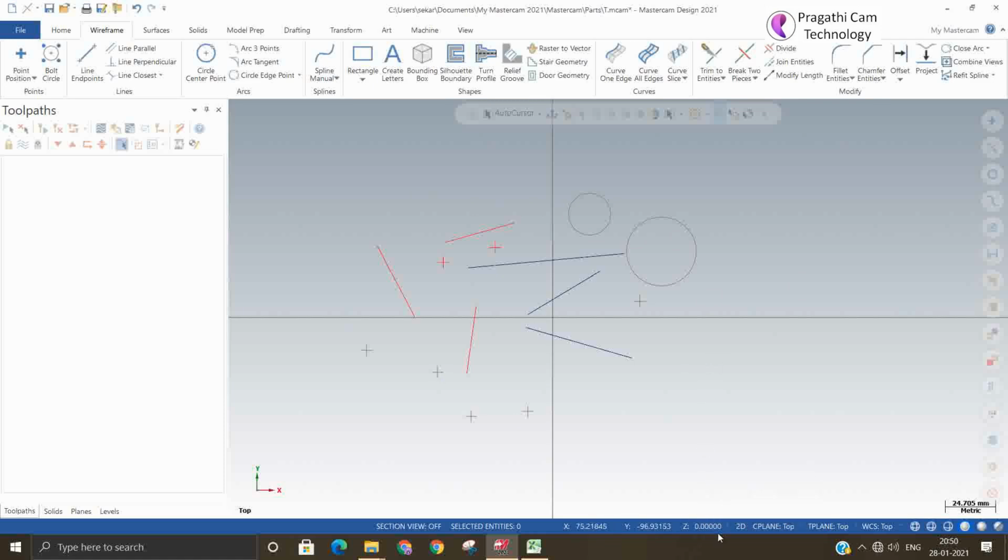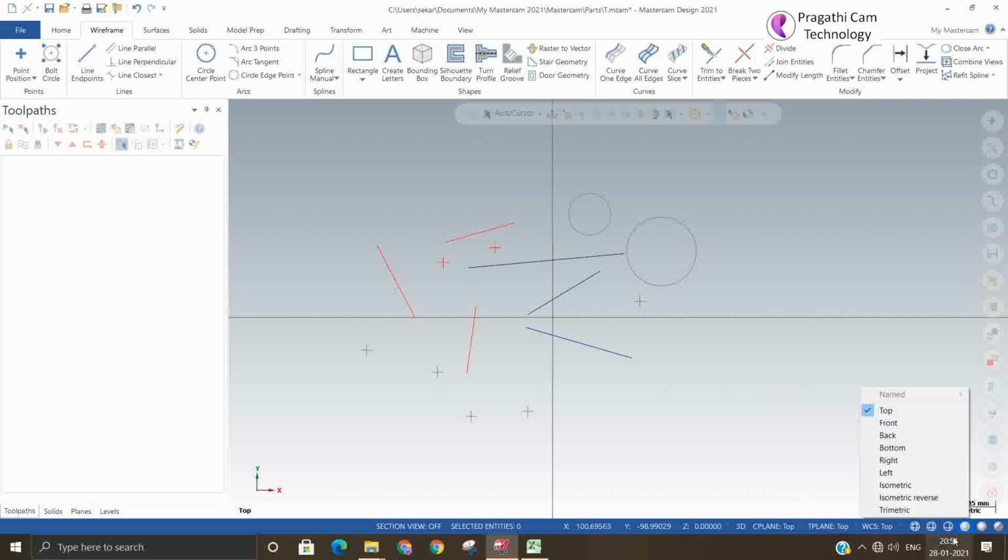There is an option in case of 3D, where your movement of the cursor will be shown in Z also. This is 3D and 2D. So if you want to work in 2D or 3D, this is the construction plane. Where you are going to work in the model, whether top view or front view. In detail you will see about the C plane and the T plane.